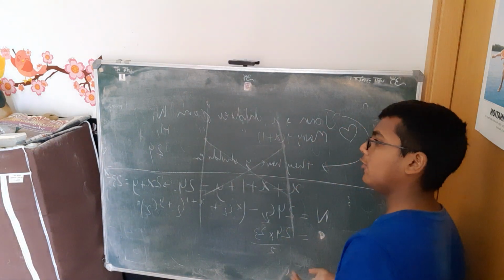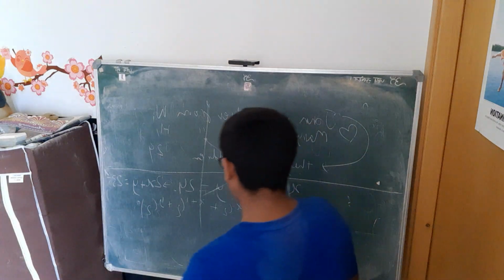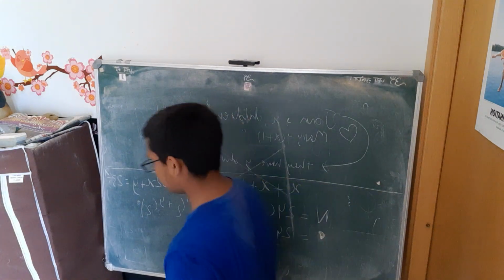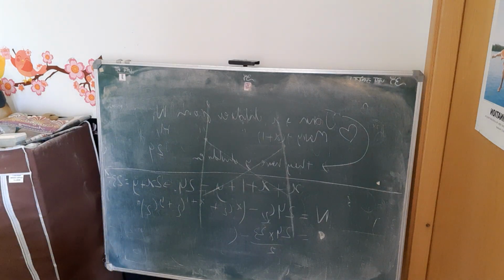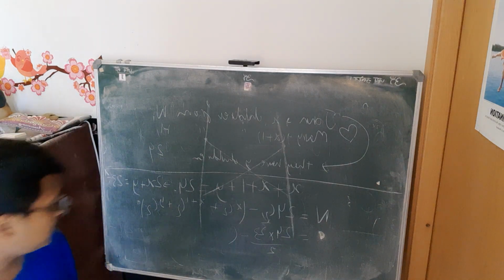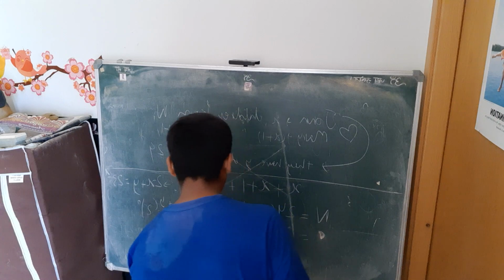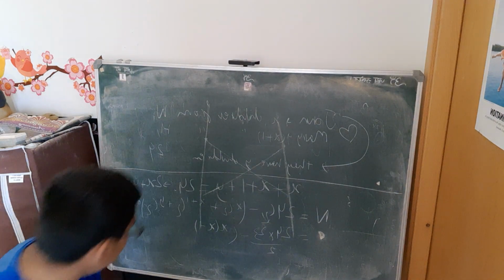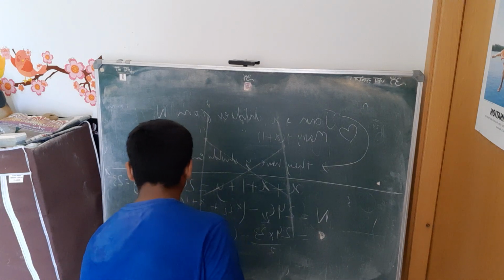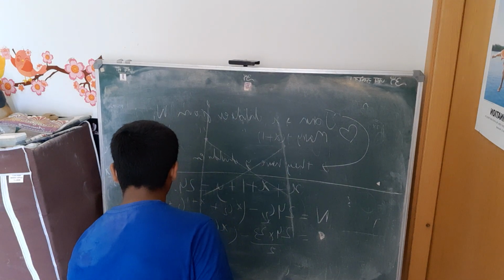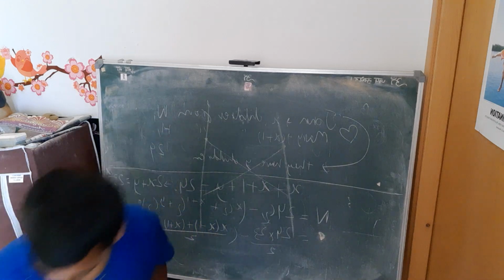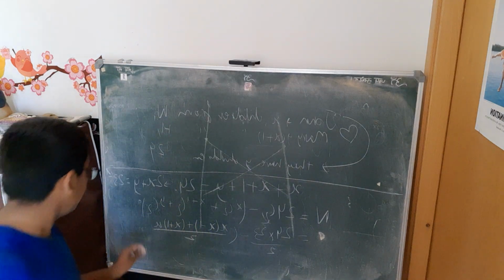right? 24C2 is 24 factorial by 22 factorial into 2 factorial, which is 24 into 23 by 2, minus xC2 plus (x plus 1)C2 plus yC2. So that we can simplify to x into (x minus 1) plus (x plus 1) into x, whole by 2, plus the yC2 part, which is